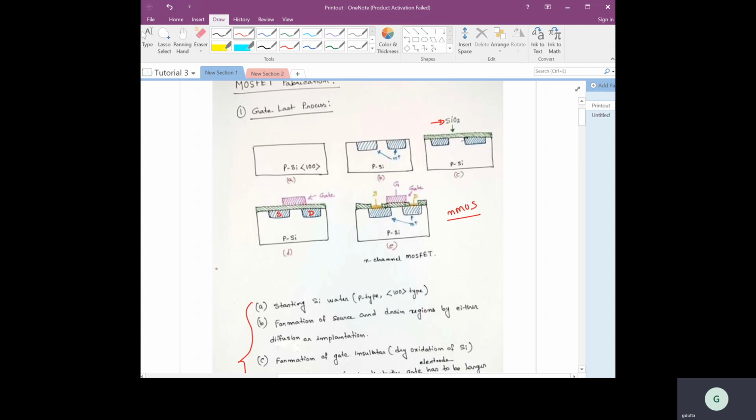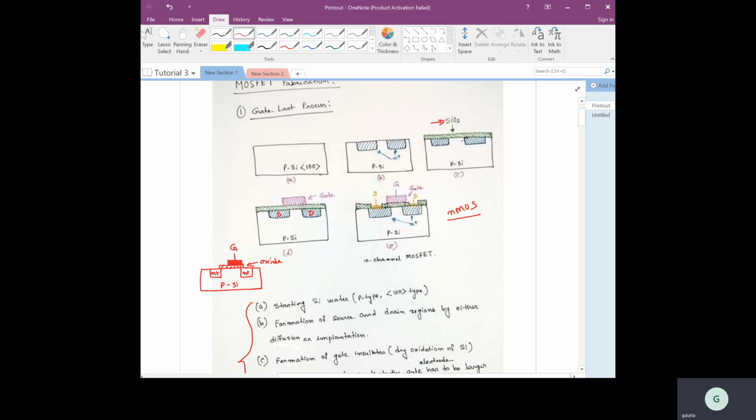Suppose we are making a MOSFET, and the MOSFET is like this. Suppose this is the P silicon, and here we have made this N plus source and drain region, right? And suppose after that we have also formed this oxide region. So this region is oxide, right? Now on top of which, suppose we want to form the gate. Now where do we form the gate? Suppose we make the gate like this, this much, suppose a gate metal, right?